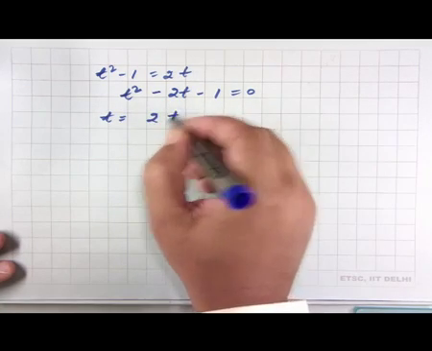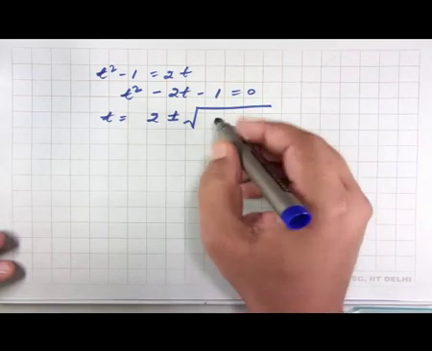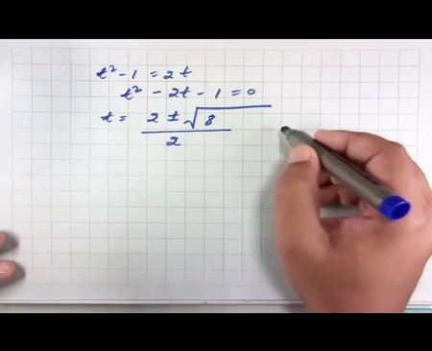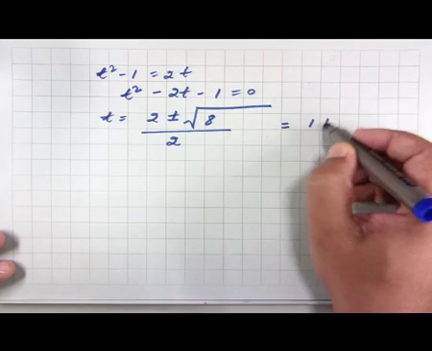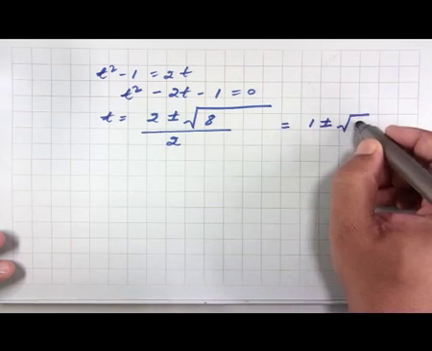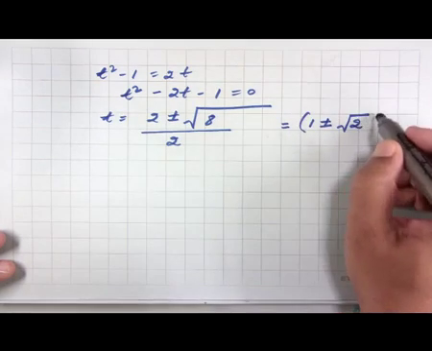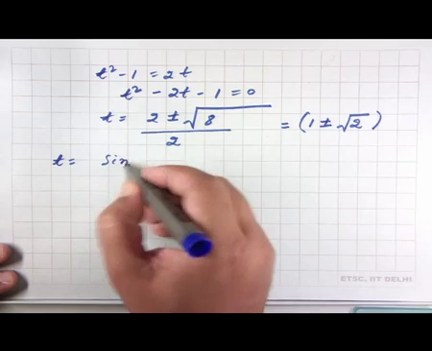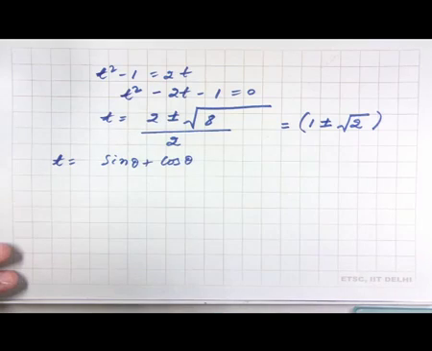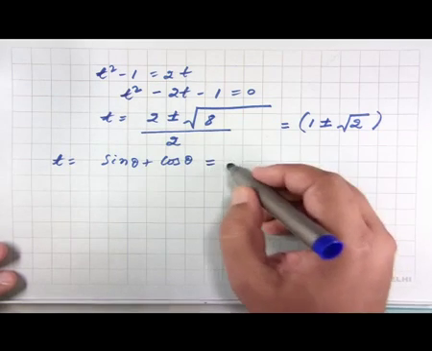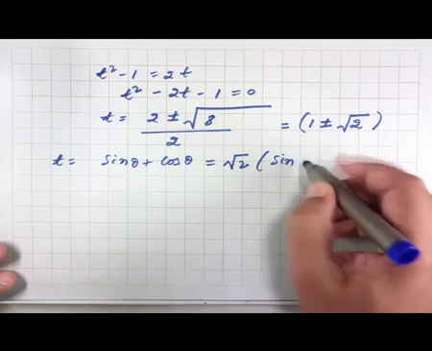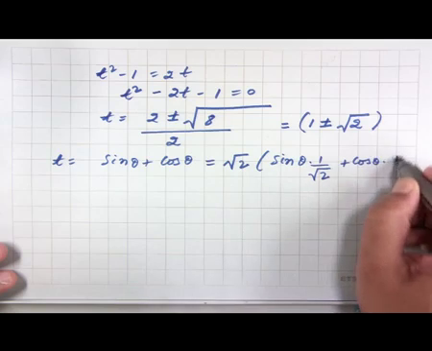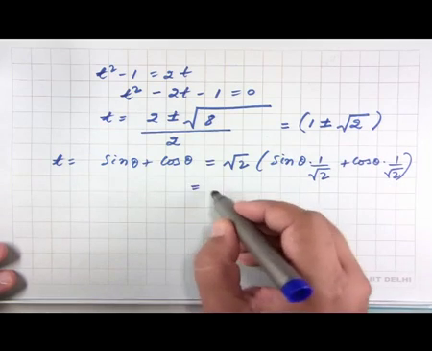roots. The roots are 2 plus minus square root of 8 by 2, which is equal to 1 plus minus square root of 2. Now, we know that t is equal to sin theta plus cos theta, which can actually be written as square root of 2 into sin theta times 1 over root 2 plus cos theta times 1 over root 2, which is equal to, now we know that